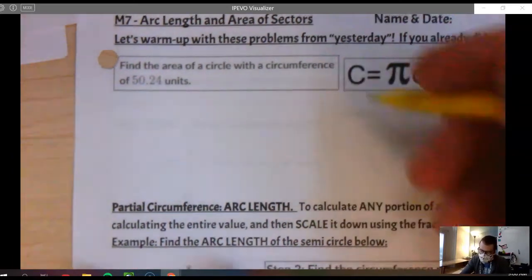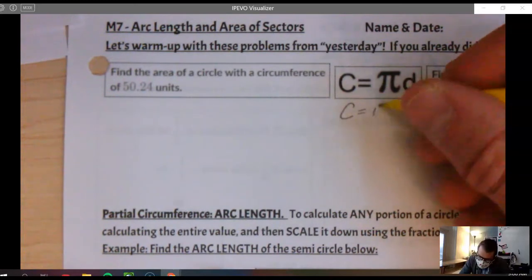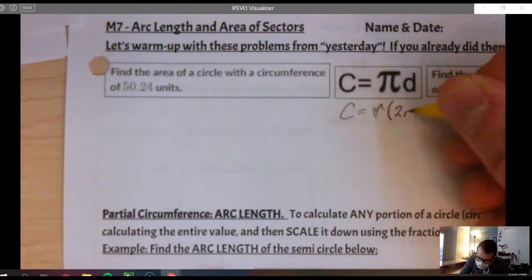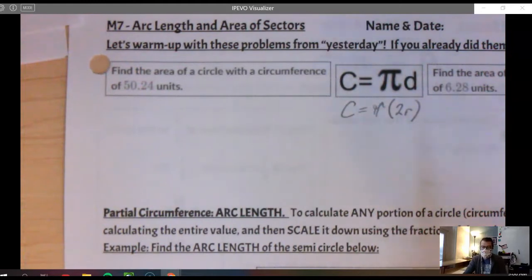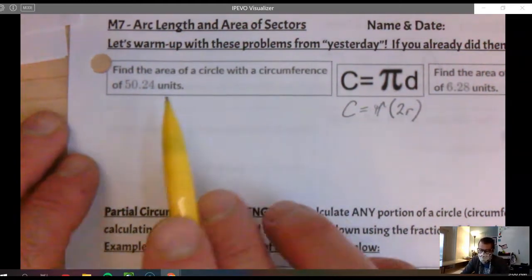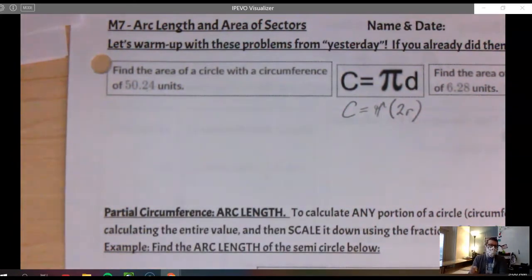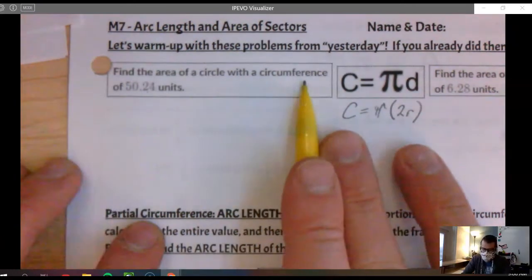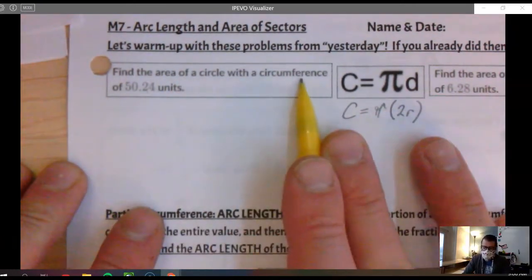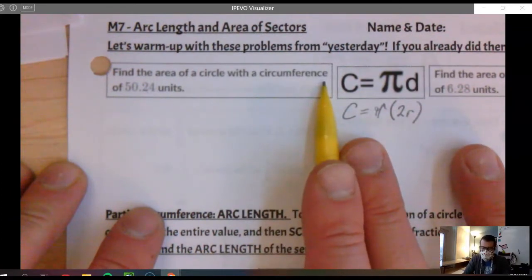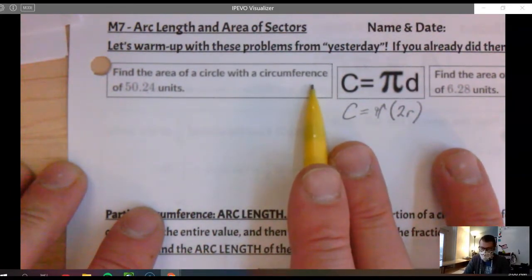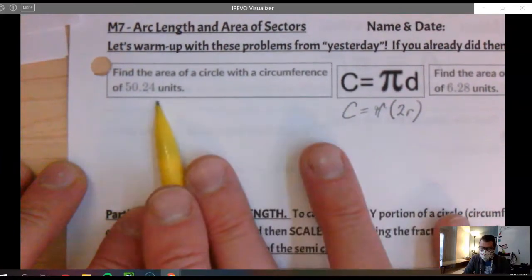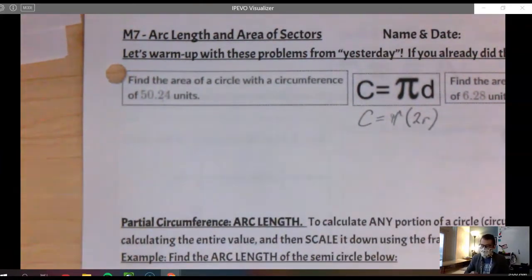So if you want, sure, you can go ahead and write down the other formula. If I replace D with 2 times R, we can also do that. But we're not probably going to use that, because when they give us area, we have to work backwards to find the radius, and then work forwards to find the circumference, or vice versa. If they give us circumference and ask for area, we're just going to figure out what we can utilizing circumference, right? So let's go ahead, and since they tell us circumference is 50.24, let's write down, we'll use green